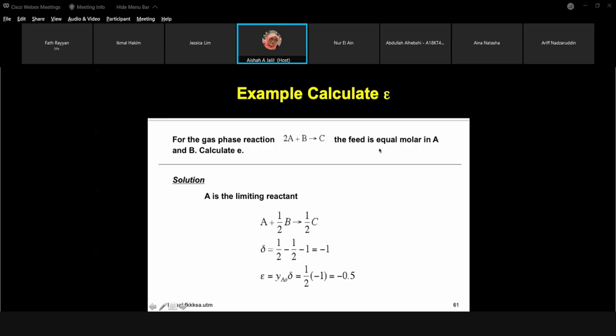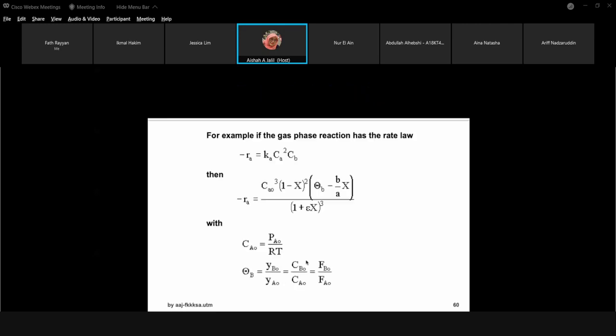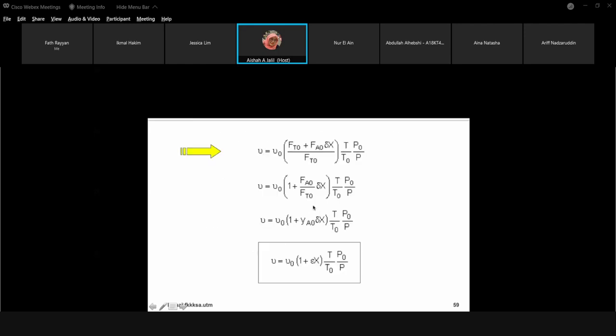So equimolar meaning 0.5. Equimolar meaning half, the mole fraction. So 0.5 times delta, which is minus 1. So this is the value of epsilon. You have to calculate the value of epsilon if you have a flow system, okay? Because for the gas flow system, you have to calculate for this one. Okay, you have to put the value in